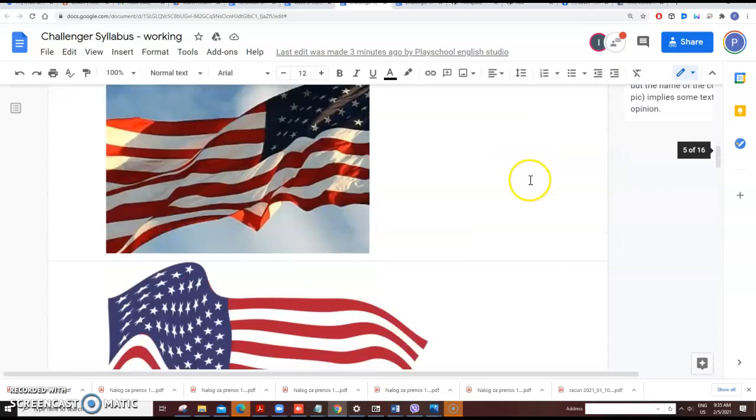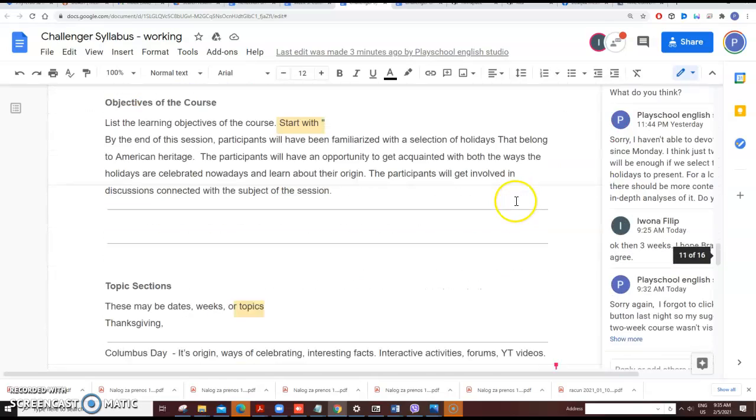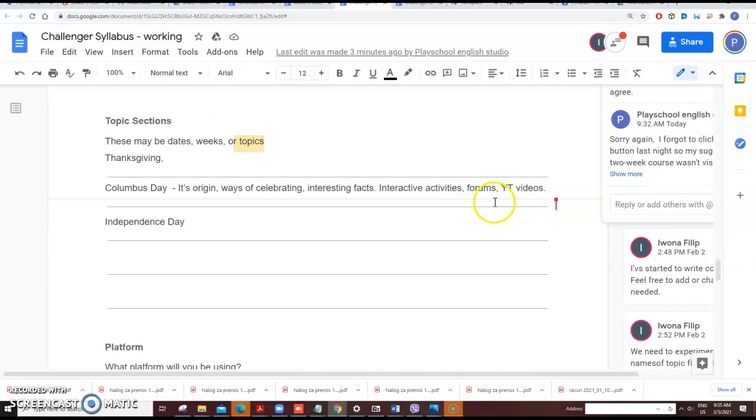Let's see if Ivona started writing something. Where is her cursor? Here. Not yet. Maybe she is just reading or planning the content. While we are waiting for her